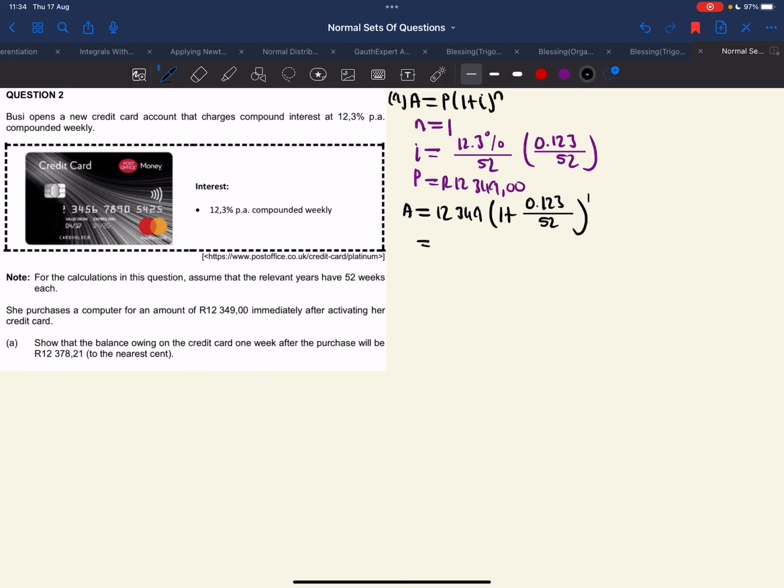Then we're gonna say equals, and we're gonna use a calculator. So we say 12,349 times (1 plus 0.123 over 52) to the power of 1, and we get